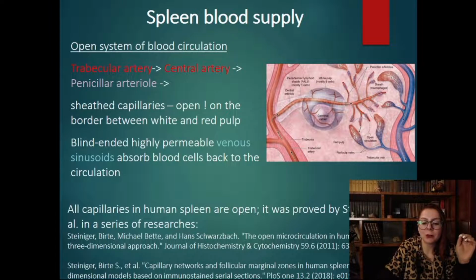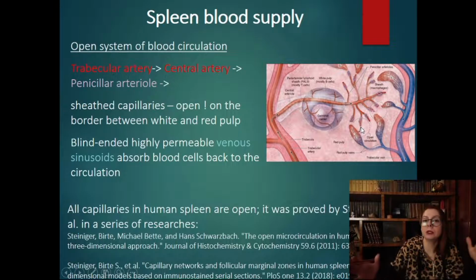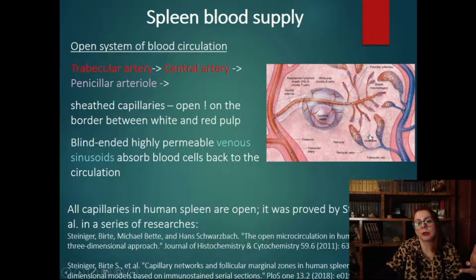They are called sheathed because they are ensheathed with macrophages and leukocytes. That's what you have to know, and this is the most critical element of the splenic system of blood circulation, because exactly those capillaries become opened, and through those capillaries blood enters the parenchyma of the organ. So you can see here is the gap between arteries and veins. They do not communicate. That's why the system is not continuous but instead discontinuous, and that's what we call open